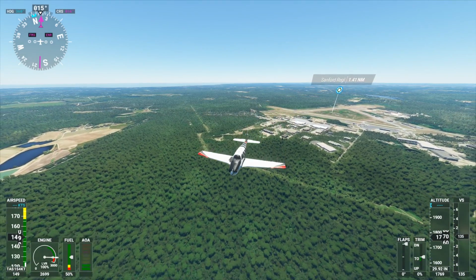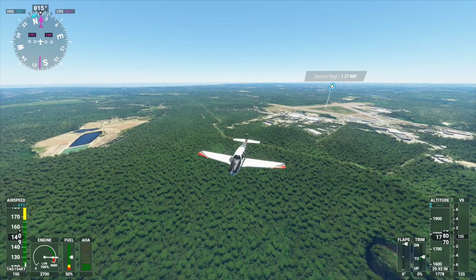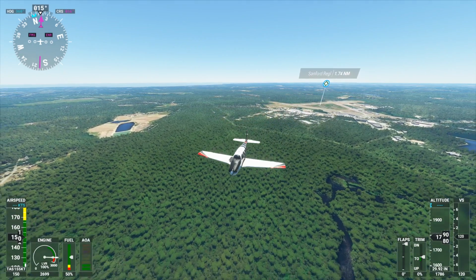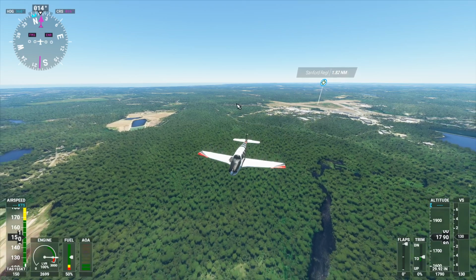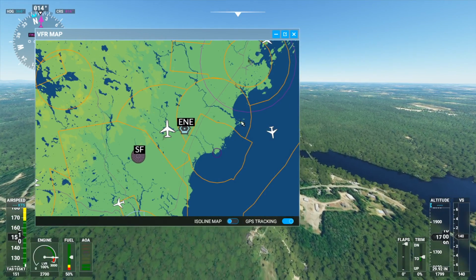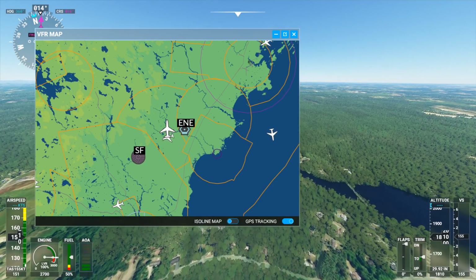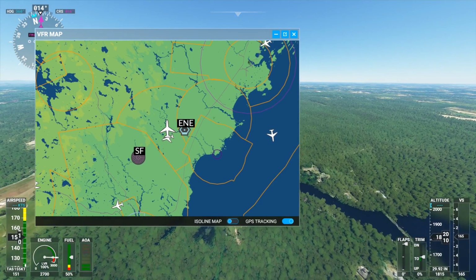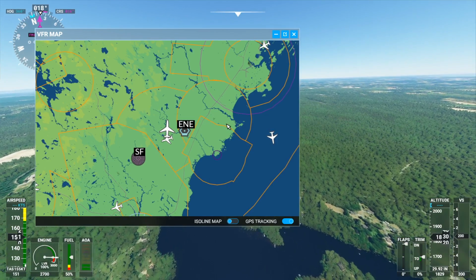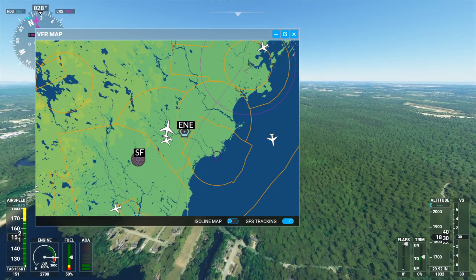Yes, Sanford Seacoast Regional Airport. Zoom out, zoom out. Where's Portland? Portland is to the north. Oh, we're going north. North all the way. So Portland, well, more east actually, is going to be somewhere over here. Does it have an airport? Hold on, I gotta bring up